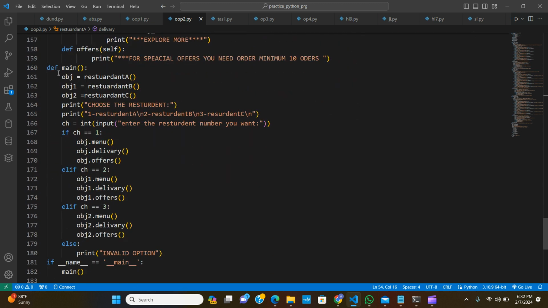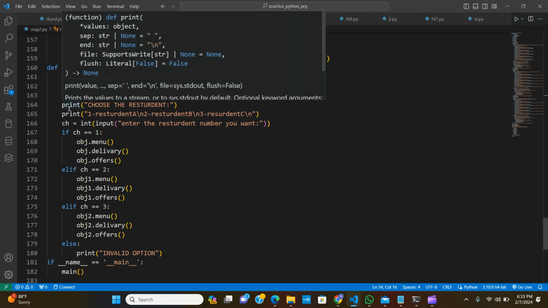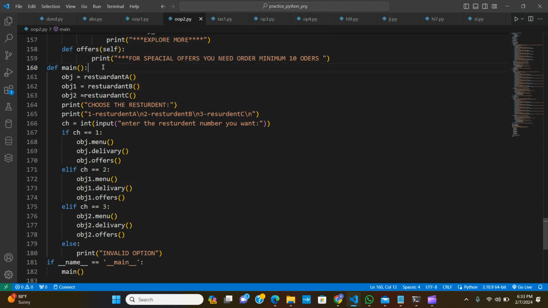And coming to the main method, in Java the main method is where the execution of the program starts, and coming to Python, there is no main function. We can include our main function as per requirement. That is up to you. I included the main function. In the main function I created the objects for three classes named restaurant A, restaurant B and restaurant C,